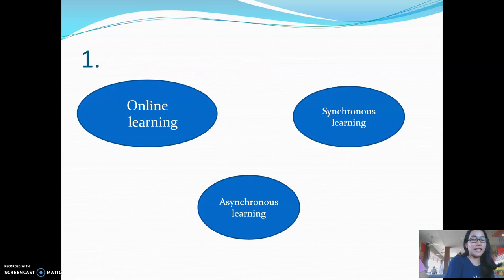Okay, the first question is what is online learning and synchronous and asynchronous learning? Online learning is education that takes place over the internet. It is often referred to as e-learning among other terms. Synchronous learning involves online studies through chat